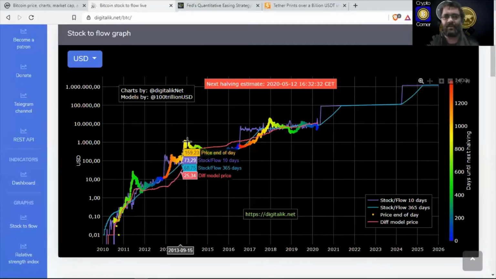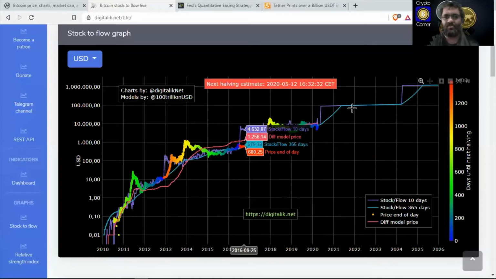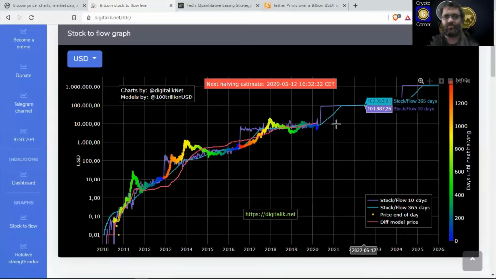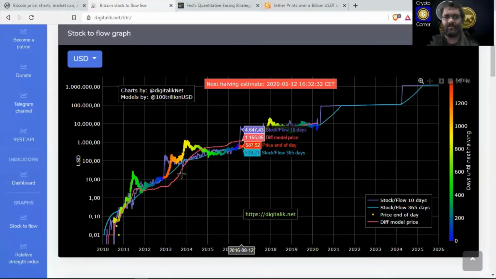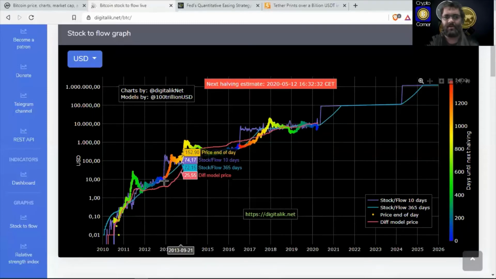Then it started climbing to $1,000 in 2014, and somewhere in here we've seen halvening. So it happens every 4 years, and previously we had one in 2016, prior to that in 2012, and